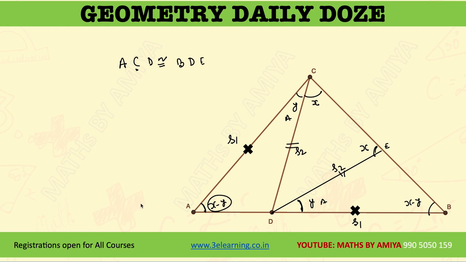So you can take the screenshot again. Under the condition AC is equal to BD and this angle is the difference of these two angles, we can say ABC is also an isosceles triangle with angle A equal to angle B and AC equal to BC. So this one is the proof. What I said: if the difference of these two comes here, it means both angles are the same, and by the 180 property we can find all the angles. So this is the proof and the concept behind our daily dose.